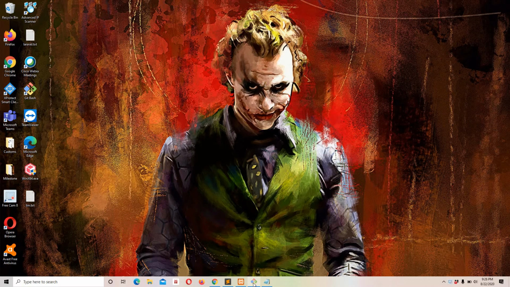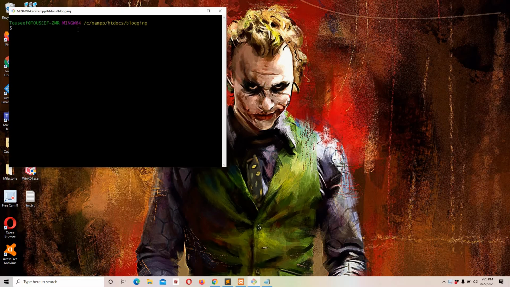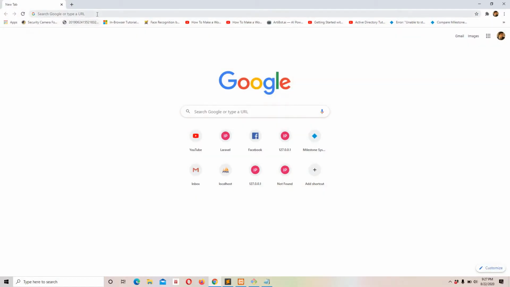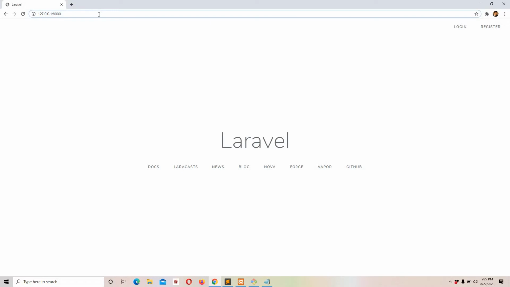And for that, I will open Git Bash. I have already accessed my project directory and folder. So let's run our project. I will write php artisan serve. Okay, it is up and running and XAMPP is already running right here. Okay, so let's access our project. Okay, and let's hit the route master, which contains the master layout. Okay, so right here, so let's use this master layout and create a dashboard page.